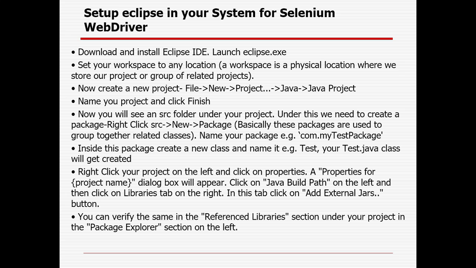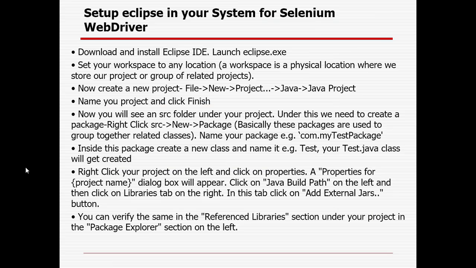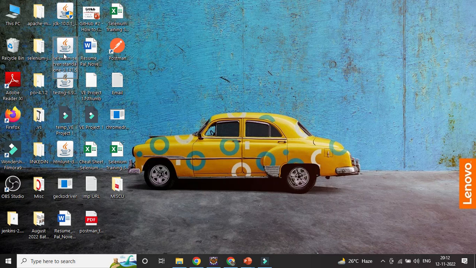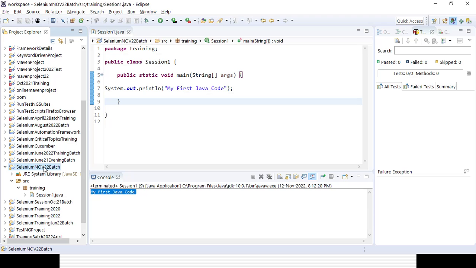Okay. The next thing, right now I have created the project Java, but there is no association of the Selenium, right? I cannot use any Selenium properties because I did not associate it, because Java project will never know about my Selenium part. So what I need to do? I need to select the project, because my Selenium jar file is already downloaded here. So I need to associate it to the project, so that any kind of package, any kind of classes I am creating, automatically everything will be linked. So it will be a project level activity.